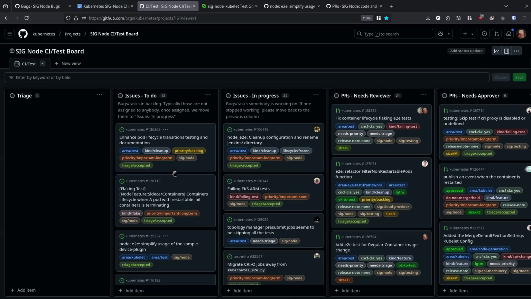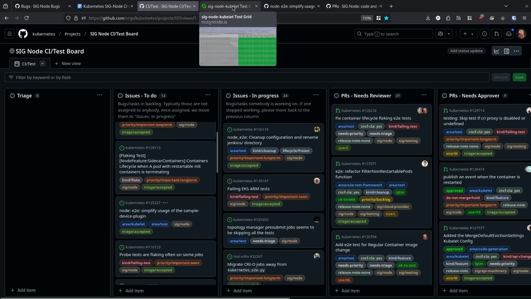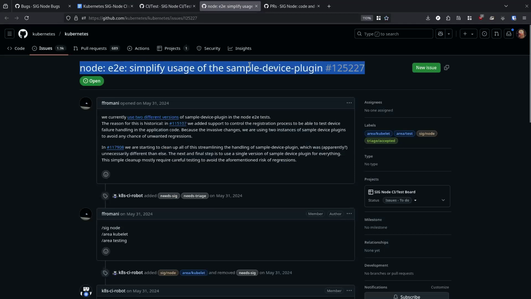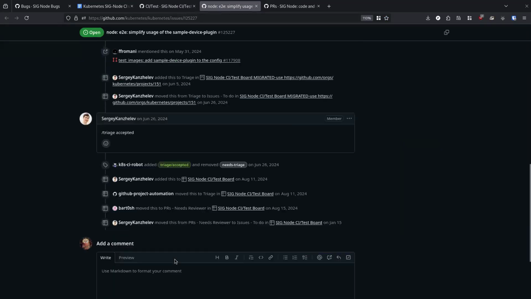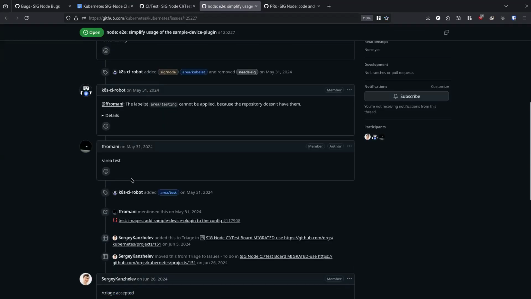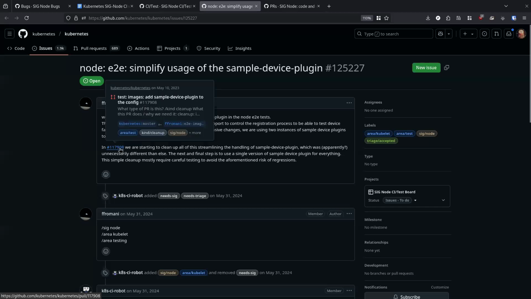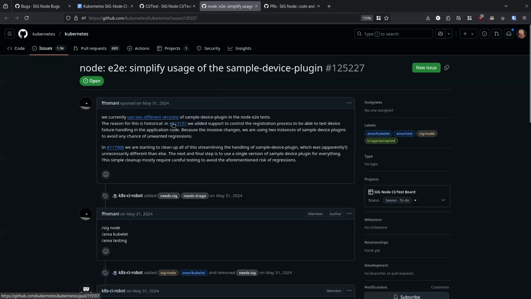Get back to me, I'll sign it. Simplify usage of sample device plugin. So no progress here, it seems.